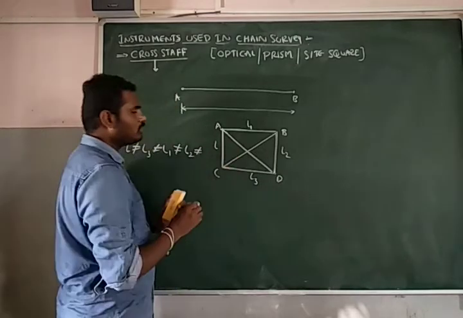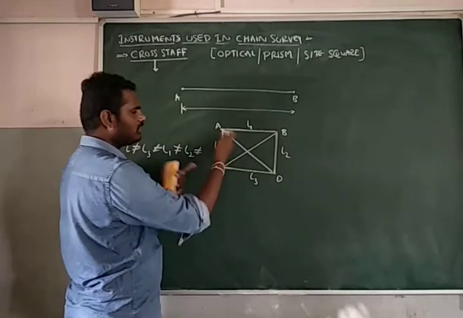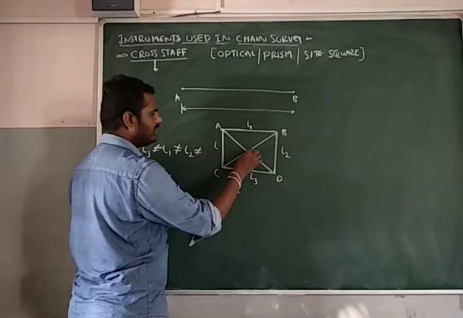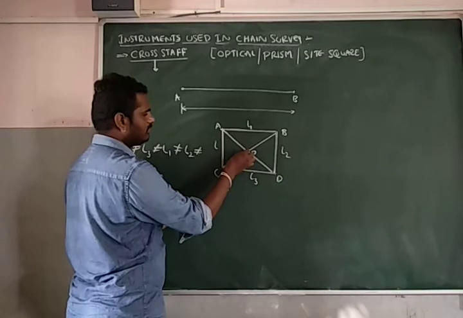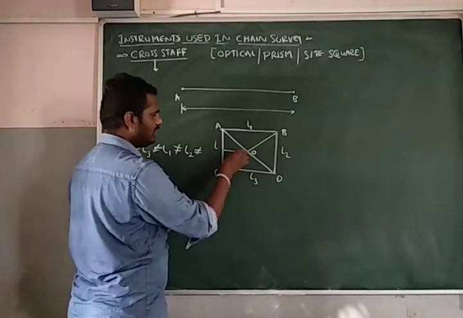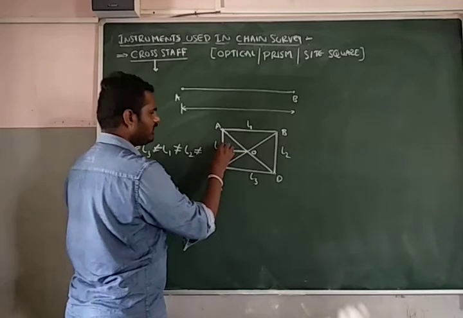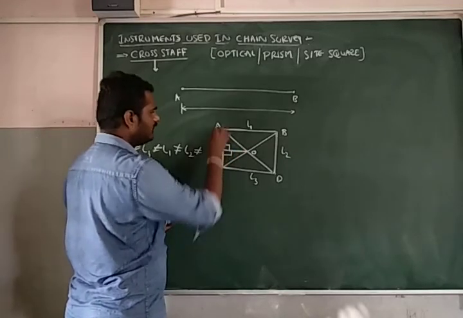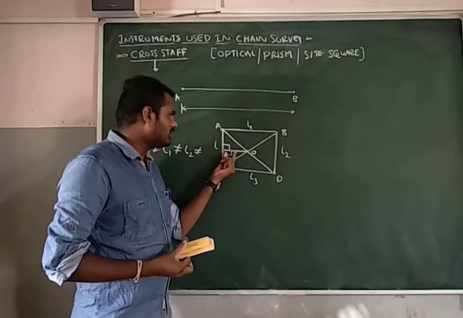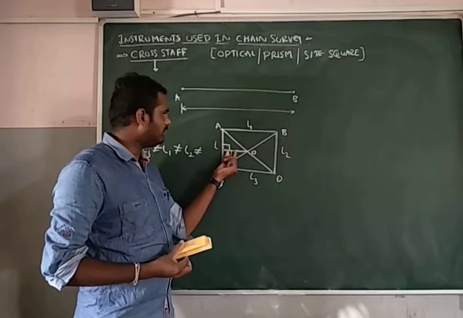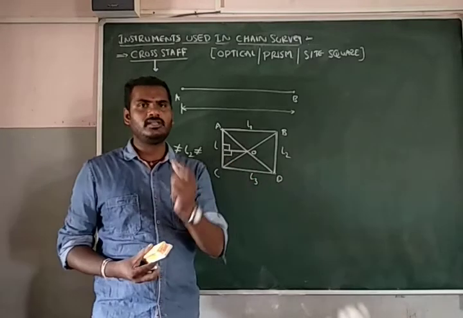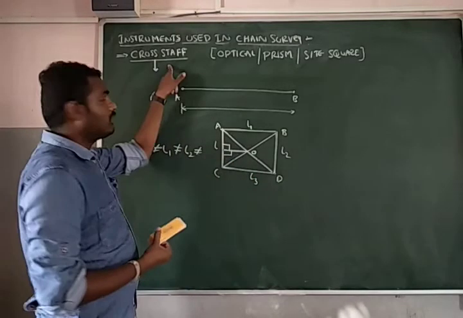If I want to subdivide this triangle into two different triangles, in that scenario I have to draw another line. Let us take this is some point O. So another line from O to the line AC. This is one line which makes a 90 degree angle to the already existing AC survey line. To erect this perpendicular from line AC to the point O, we need an instrument, and we call that instrument the cross staff.